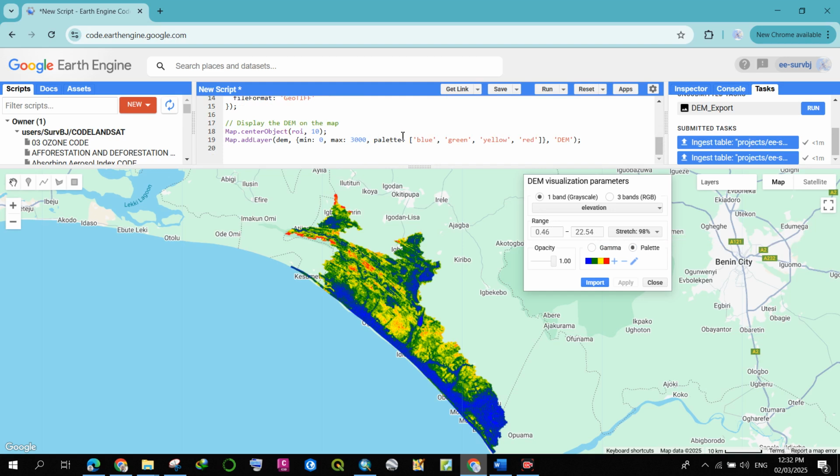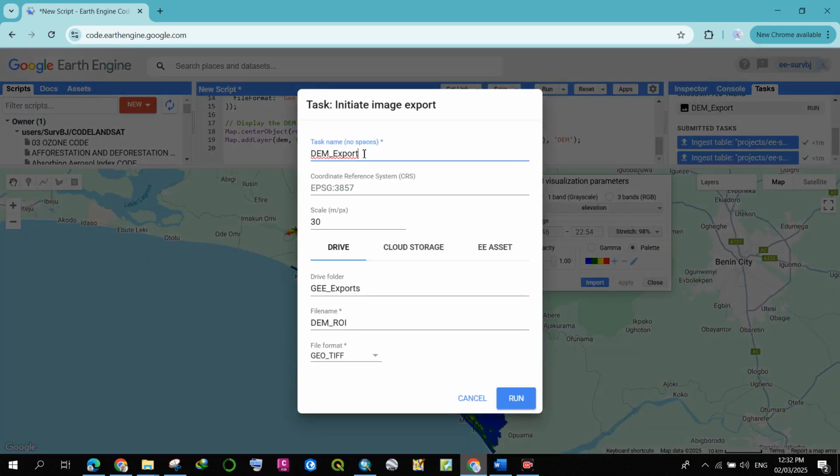And then how do I export this out? Then you go to your tags. You can see this, the tags, it said DEM export. If you have any error, you have it on the console tab. But since I'm not having any error, and I have my result visualized, I'll go to tags, and then I'll click on run. So the DEM export, then just leave everything to default. The scale 30-meter is fine, which is the spatial resolution of SRTM, the GeoTIFF format, and then you can click on